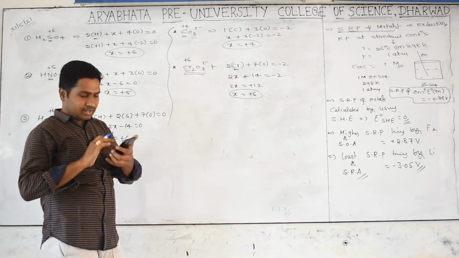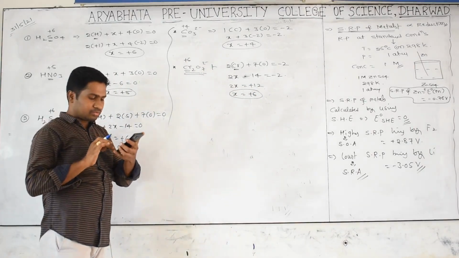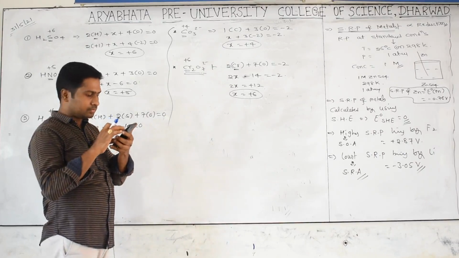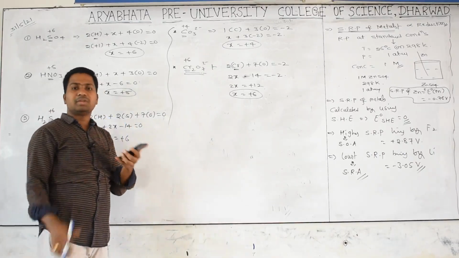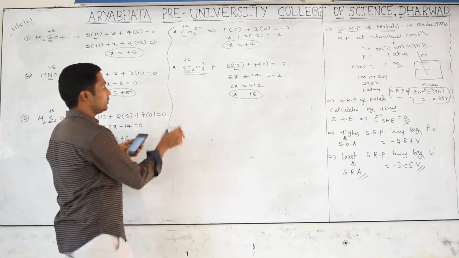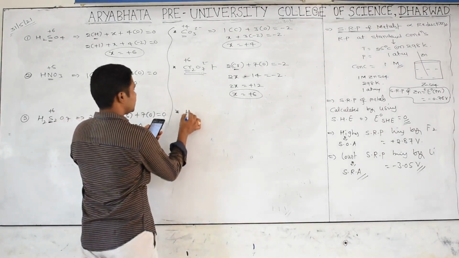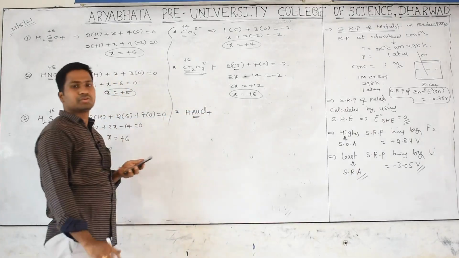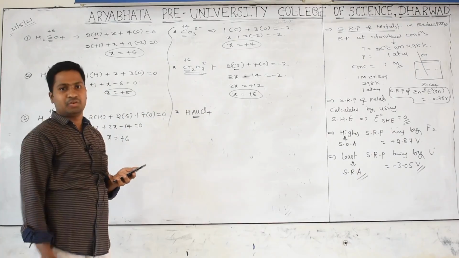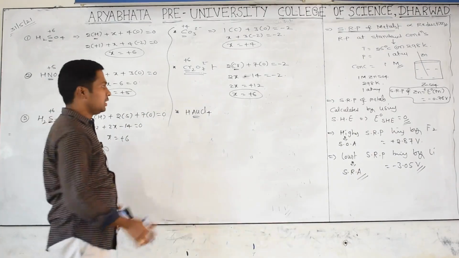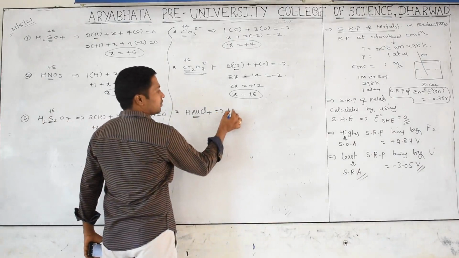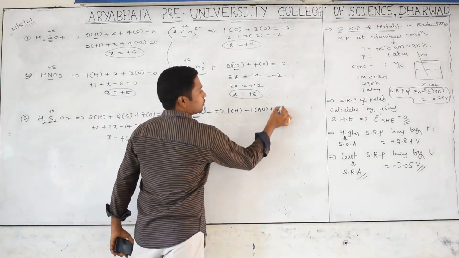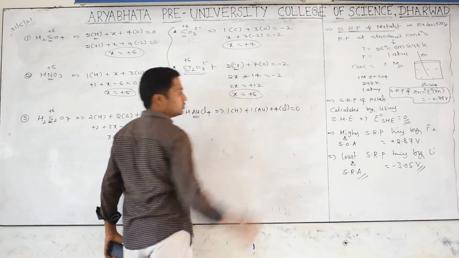Are you understanding? Yes. Now I will tell you some other things for understanding. You see carefully. Some species are given and we write them in stock notation. For example, HAuCl4. Write down the oxidation number of the metal in stock notation. What is the meaning of this? One hydrogen, plus one gold atom, plus 4 chlorine atoms, together equal 0.